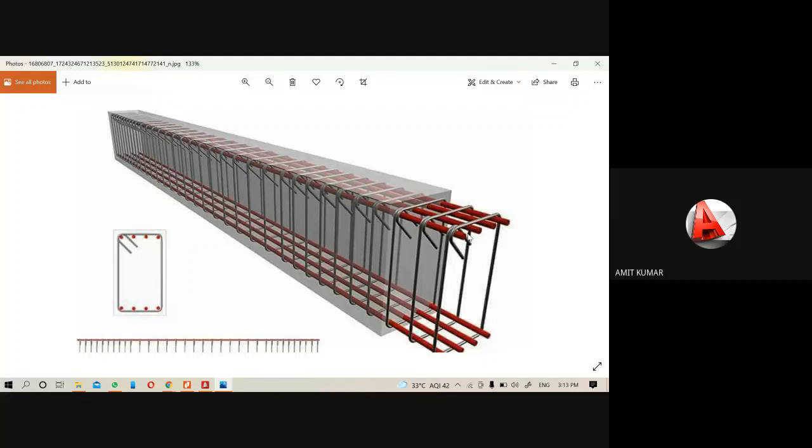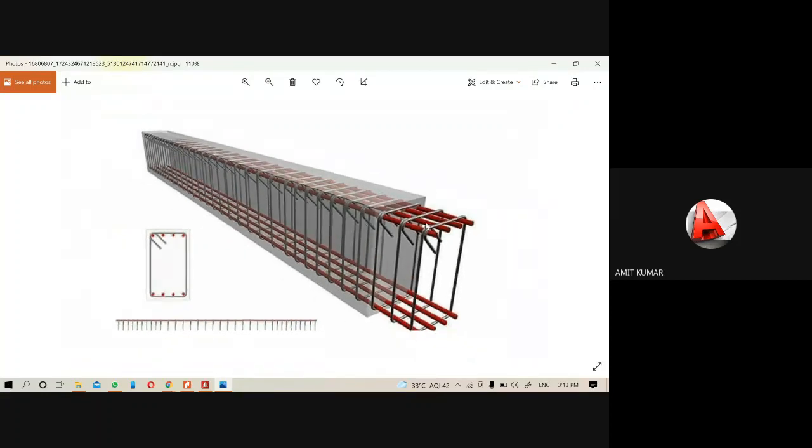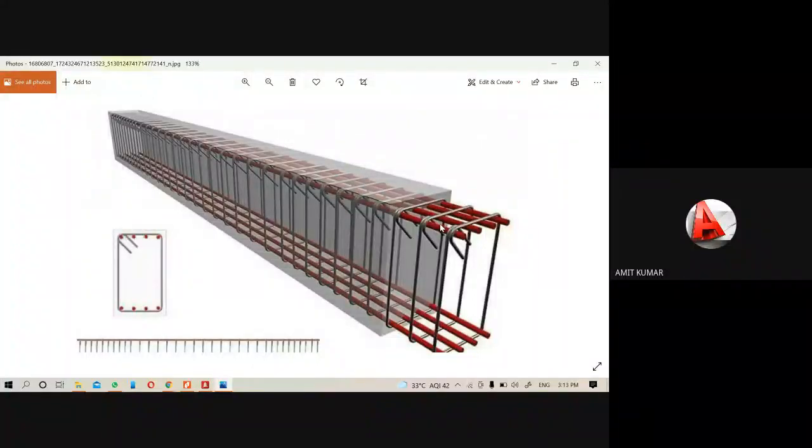If I change the minimum bar size to 16 and the maximum size to 32 mm, then you will get the output of the main reinforcement bar between 16 and 32, which you provide.